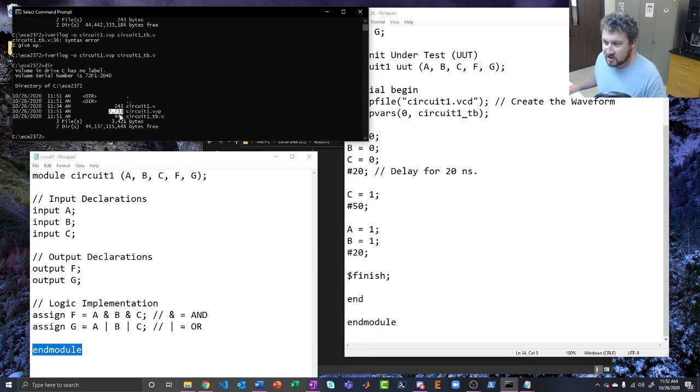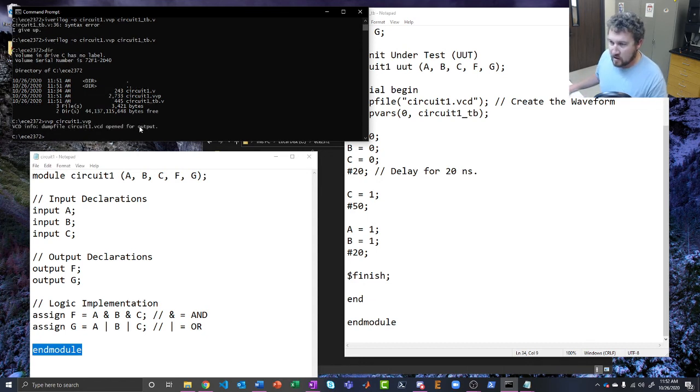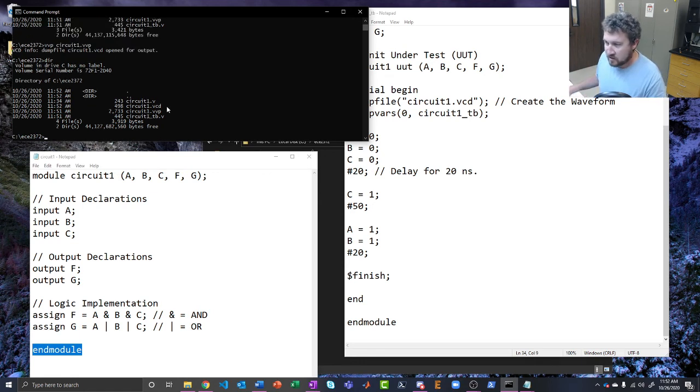So it's got a lot of additional information in it. Now we run VVP circuit1.vvp. This runs our simulation. And if everything went correctly, it just says, hey, dump file circuit1.vcd opened for output. It says we created our waveform file. Let's run dir again, and here, check this out. We also have now a 498 byte